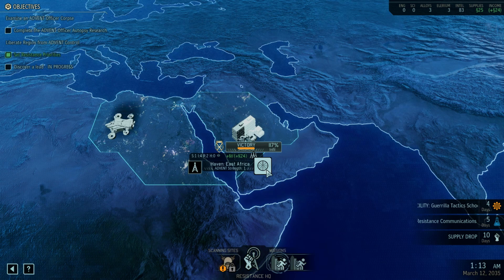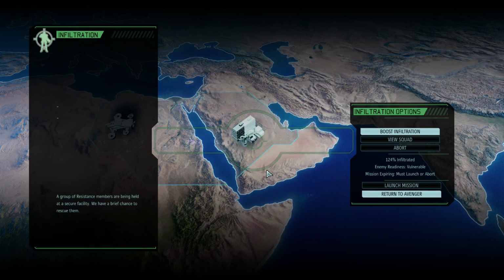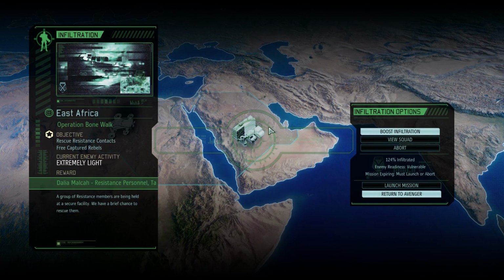So let's get some more intel. And now we are finished with this infiltration, or the timer is up. So we will just go and do this mission. In the next episode we will rescue resistance contacts. It's extremely light, so it might be really simple. But that's because we were so lucky to get it infiltrated so early. Which I would have preferred to have on the engineer mission. But anyways,